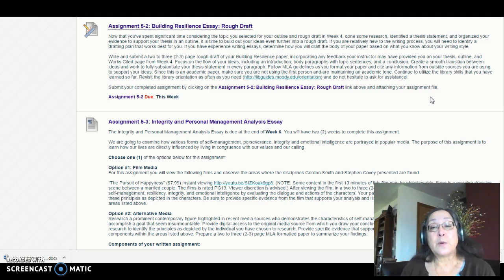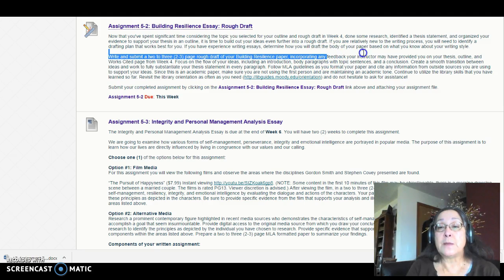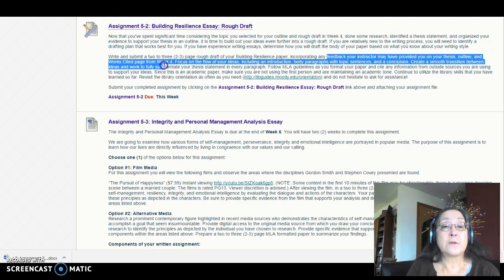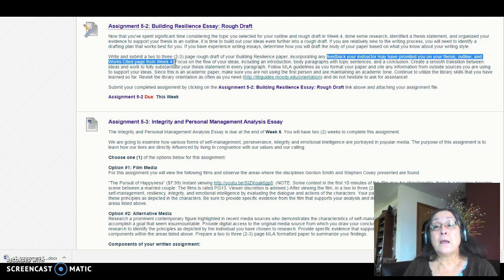The rough draft, the purpose of that is for me to help you as you're building your paper. And what I should do then as I grade your paper is give you feedback on the thesis, your outline, and your works cited page. Okay? Before you write your rough draft, you should take the feedback that I give you, make adjustments, and then you can begin writing